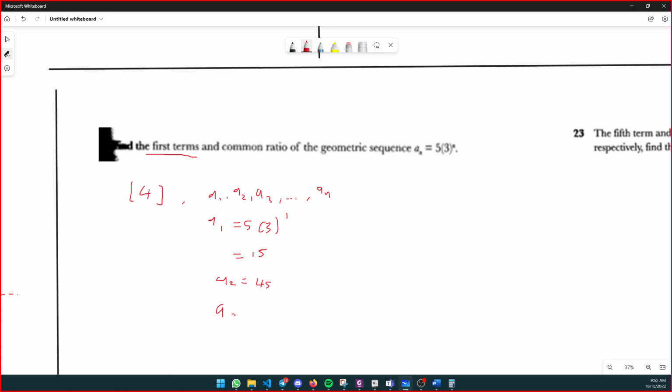A3 is 27. 27 times by 5 is 135. Oh, okay, you've already done it. That's good. A1, A2, right. Then R is